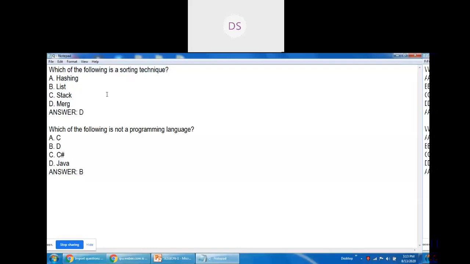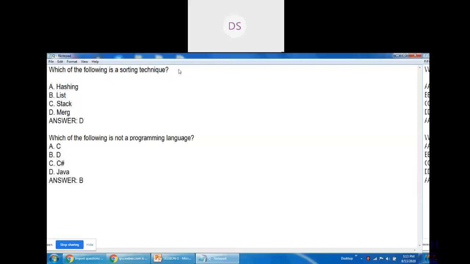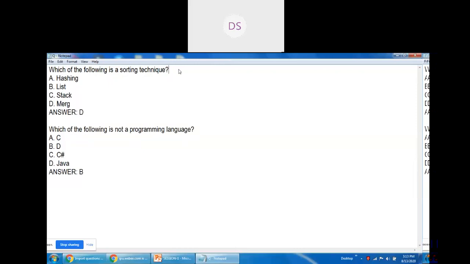When you are preparing this text file for questions, there are some guidelines which need to be followed. The first requirement: the question should be typed in a single line. It will not be appropriate to write the question in 2 lines.